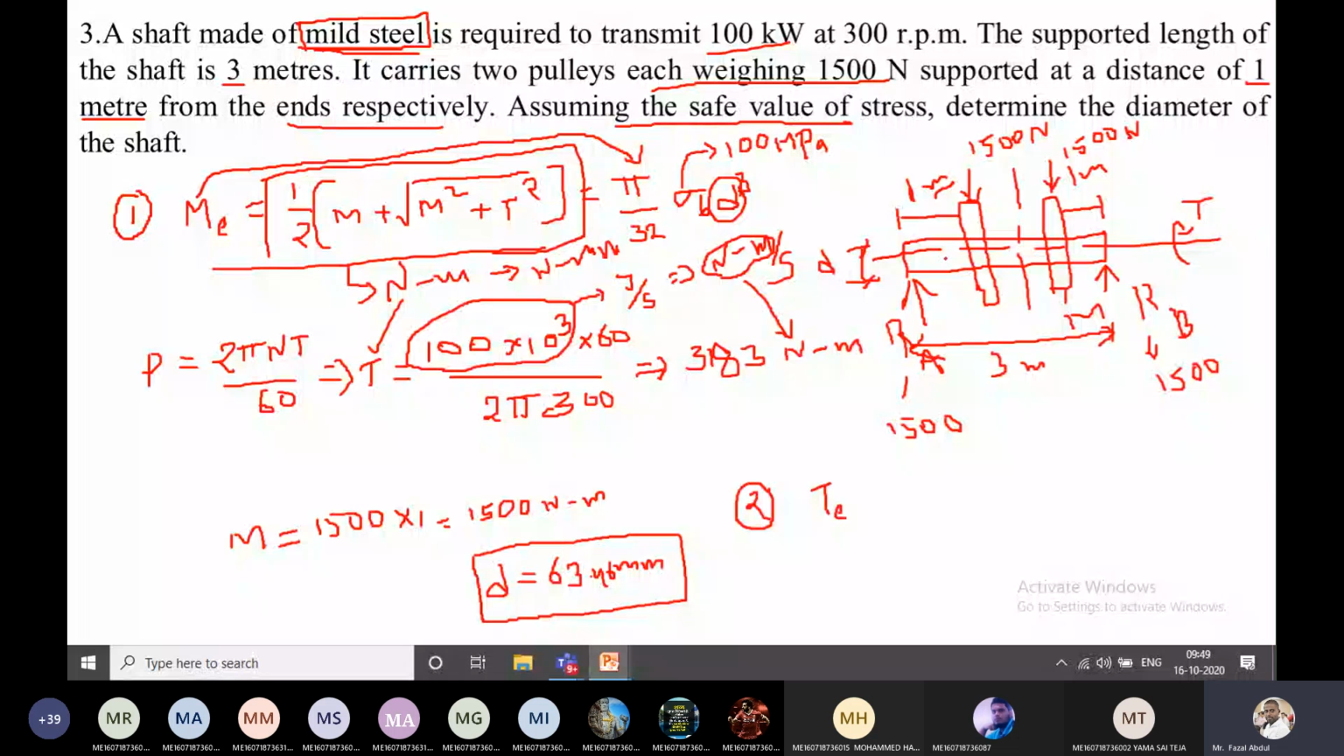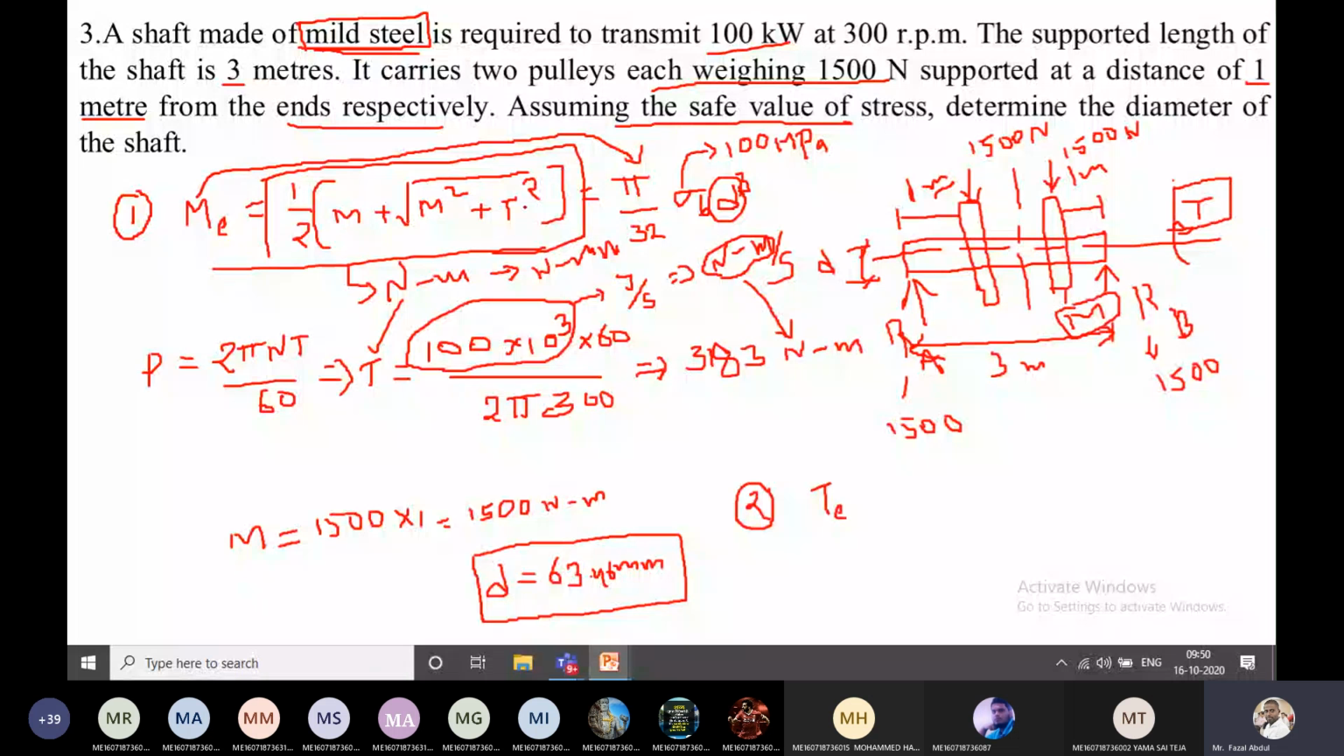Because it is transmitting the power, the shaft is subjected to torque, and because of the mountings of the two pulleys here, the shaft is subjected to bending moment. So because of these two reasons we can conclude the system given in the question is subjected to the combination of torque and bending moment. Like that we identified. After identification, we need to select the formulas. So we selected the first formula: equivalent bending moment equals 1 by 2 [M plus square root of